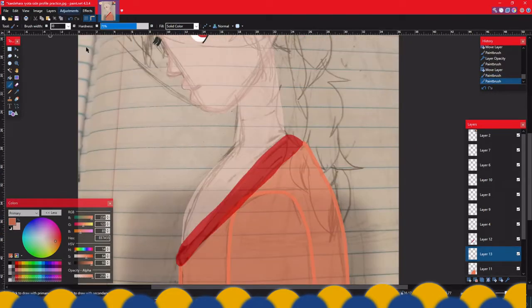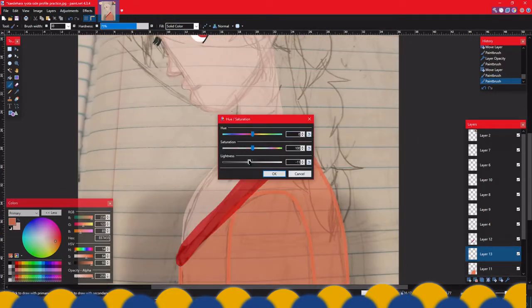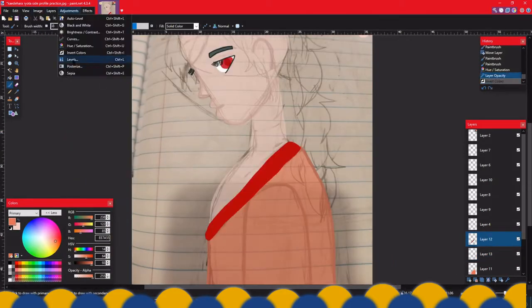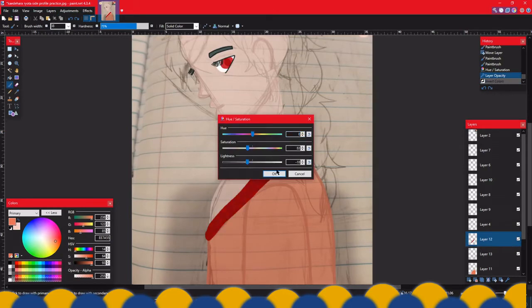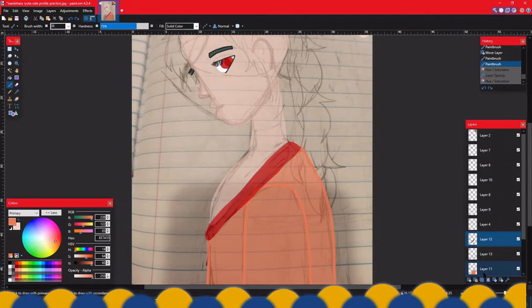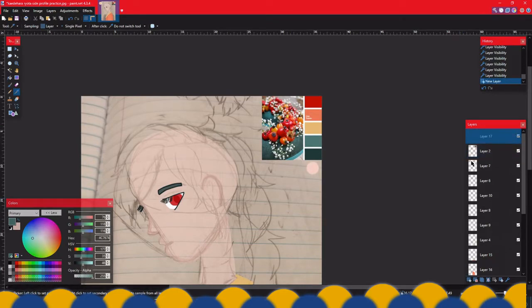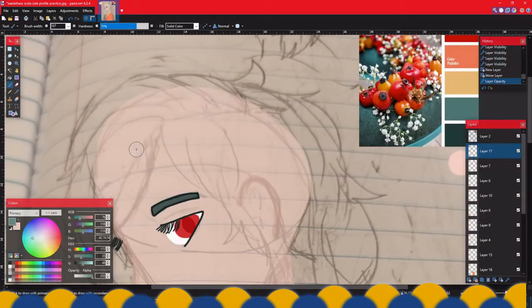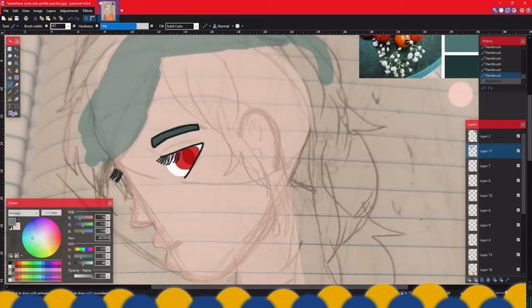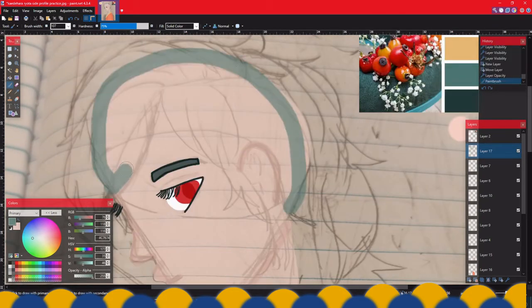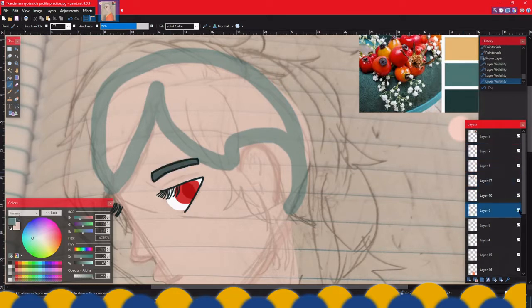As you can see here in this art stream, a lot of art for me is just setting down the layers, messing around with hue and saturation, trial and error, what colors look good, what colors don't look good. And even in the final product, I'm not entirely confident about it, but like I always like to say, with art, it's always a work in progress. It's always trying new things out and seeing which one works, seeing what doesn't. And I still really like my OC. I think he's very pretty.